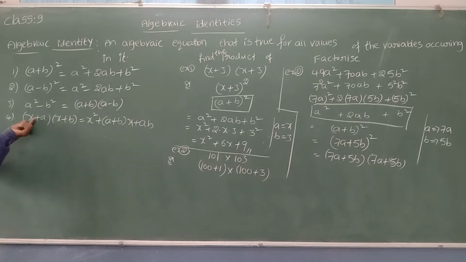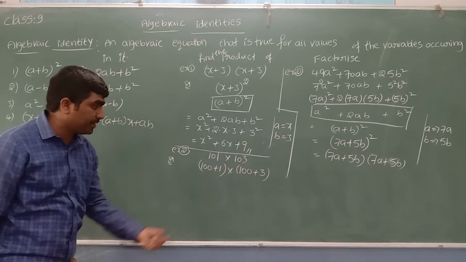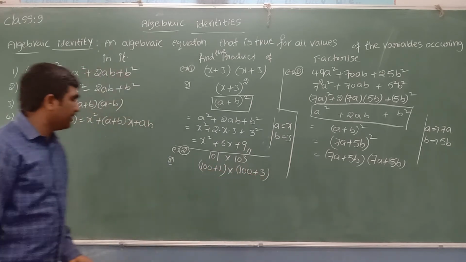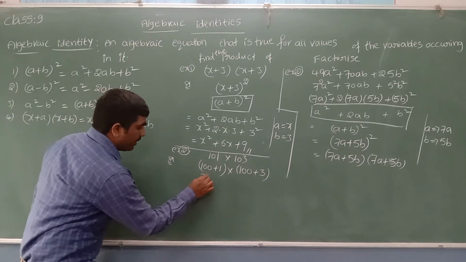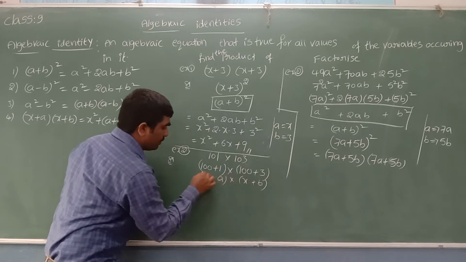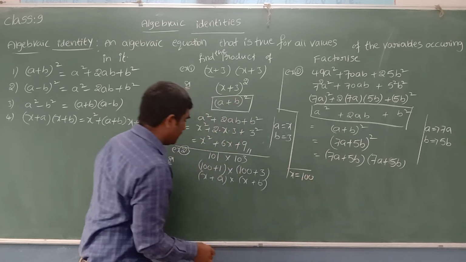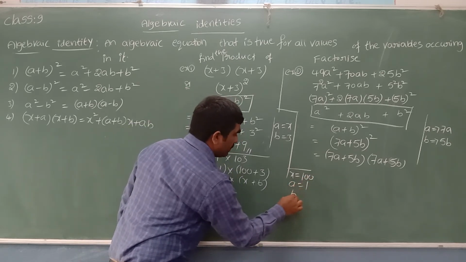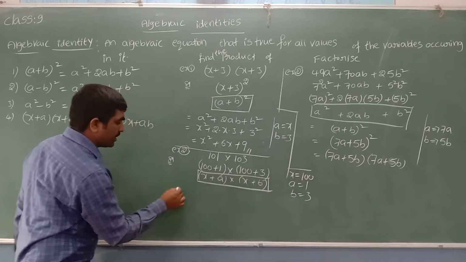Yes sir, first terms are the same, then second terms are different. It is like x plus a into x plus b, where x equals 100, first terms are the same, where a equals 1, b equals 3. It is like LHS. We can express it in the form of RHS. Sir, it is like x plus a into x plus b, where you can see x is equal to 100, and a is equal to 1, b is equal to 3. So when it is like x plus a into x plus b, how can we expand?